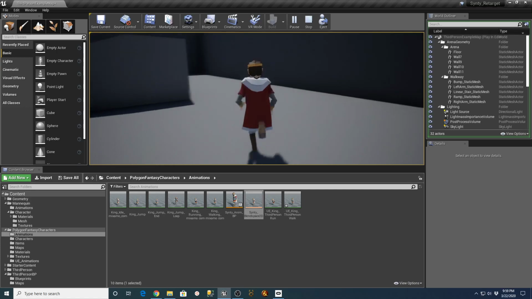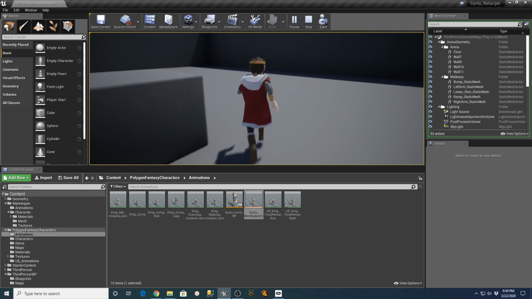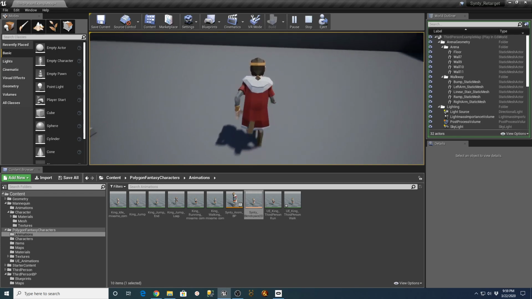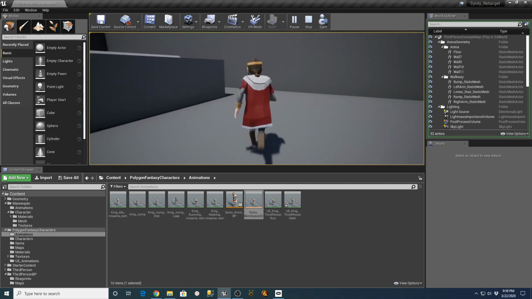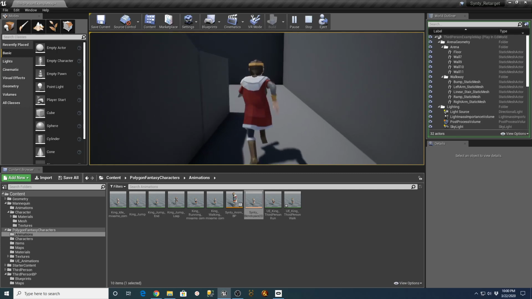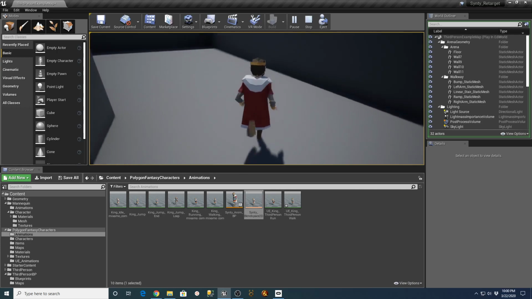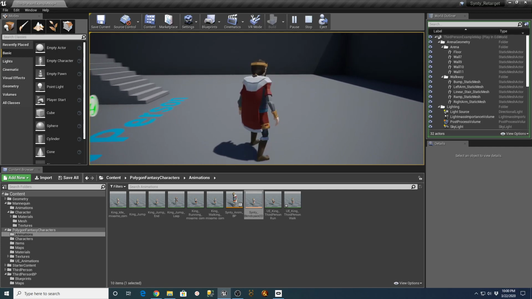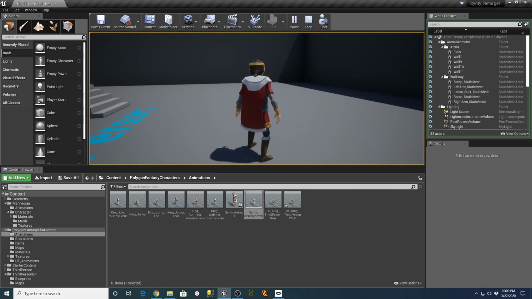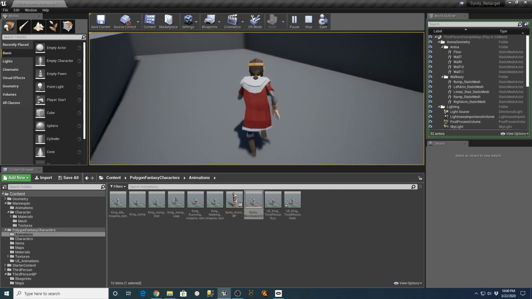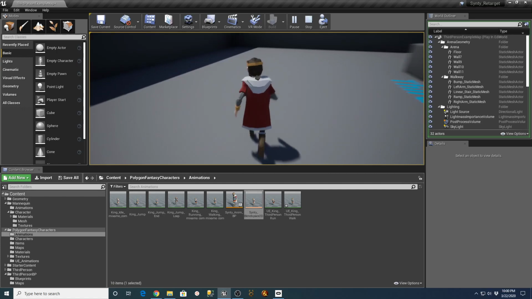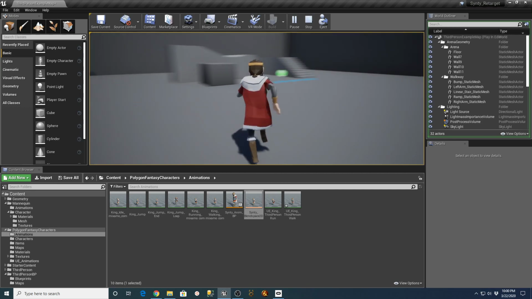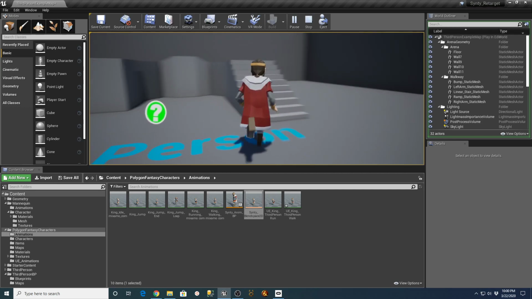You don't have those caved in shoulders that are pretty common in the retargets I've seen with the skeleton. I like this a lot better. Oh look, you can see it right there when I jump, see how it caves the shoulders in? So yeah, the retargeting animation, I'll have to figure that out. It's got to be something with the way that the bones are mapped in there.